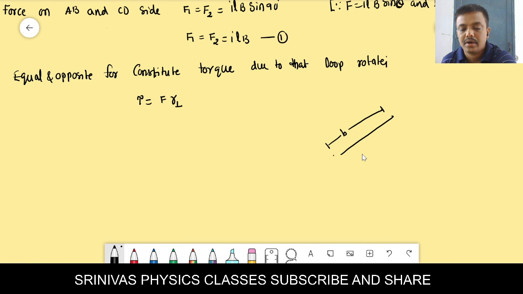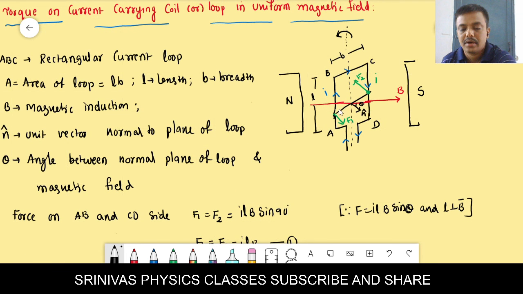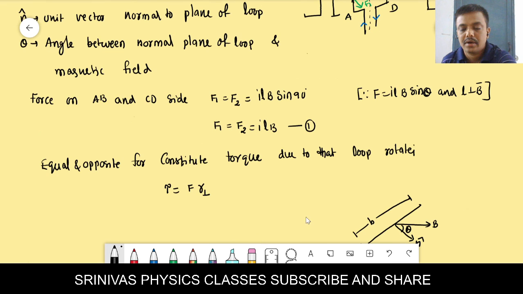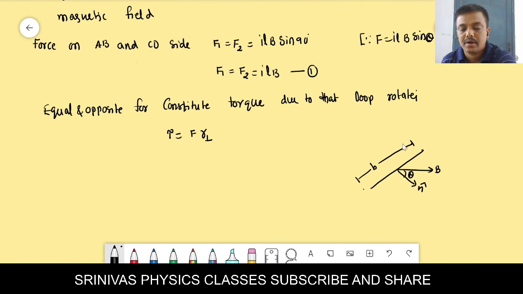And normal to that line, this is the normal, n cap. This is the direction of the field, and there is some angle between them, that is theta. Where did I get this? From the original figure only. This is P, and this is n cap perpendicular to the plane, and the red line is the field. The angle between the red line and this n cap is theta. Then after that we will go for some more simplification for understanding.